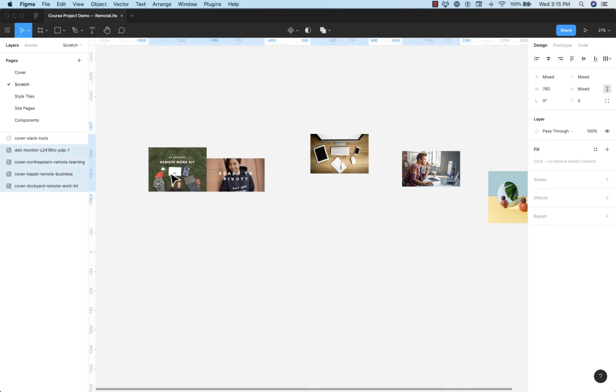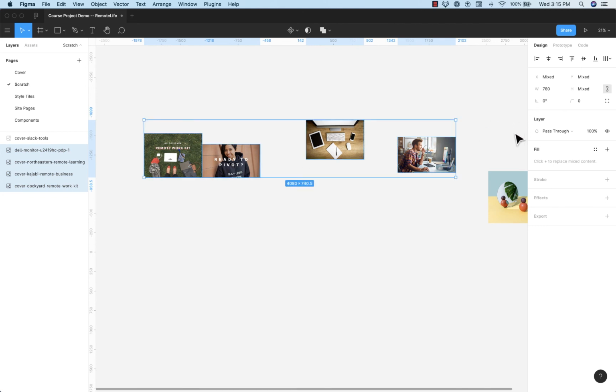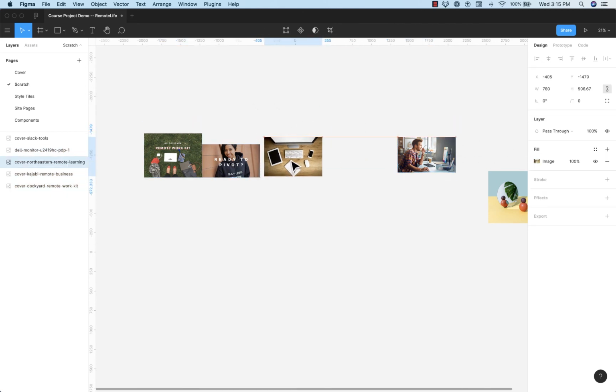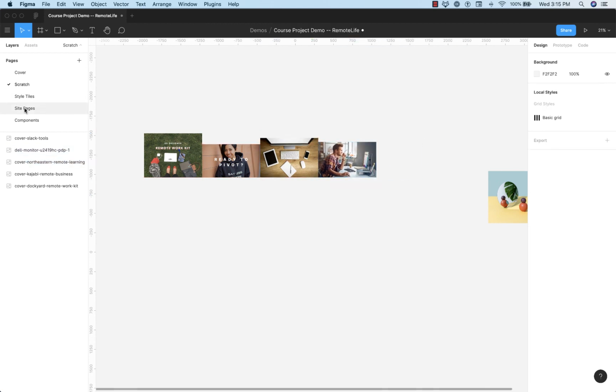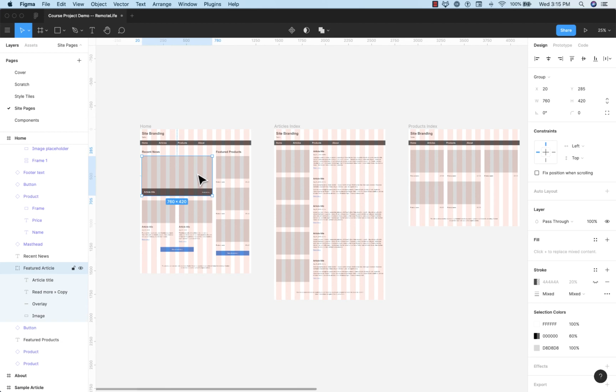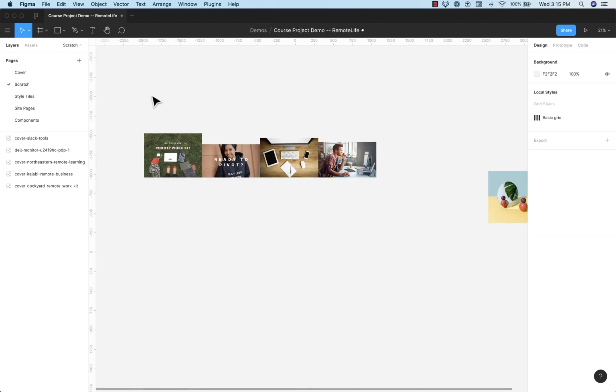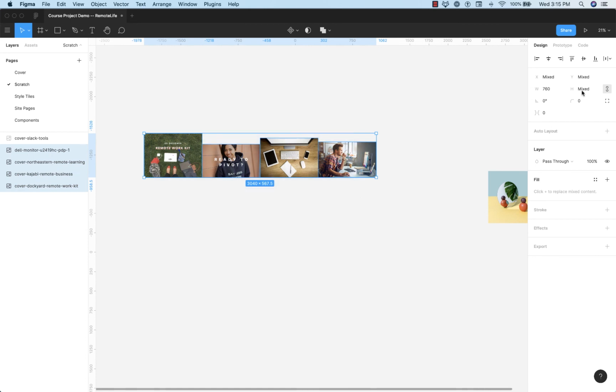Now I can also do a little trick when I have all these selected. Oh, actually, we'll skip that trick for now. I'm just going to, once again, bring them all close together. All right, now let's remind ourselves of what the height we wanted was, and it's 420. So if I go back to my scratch pad and change these to 420,